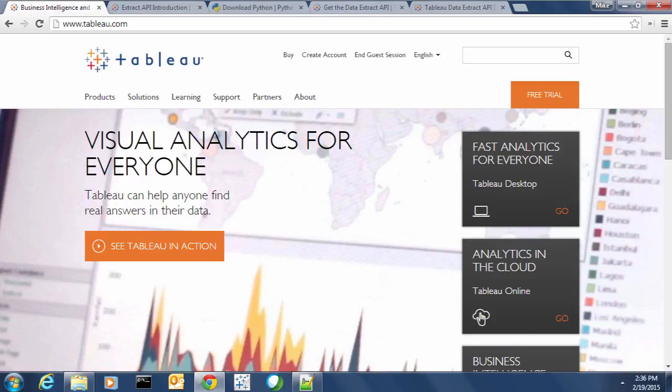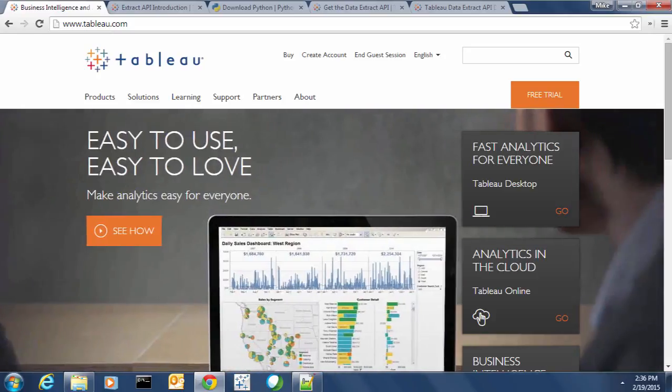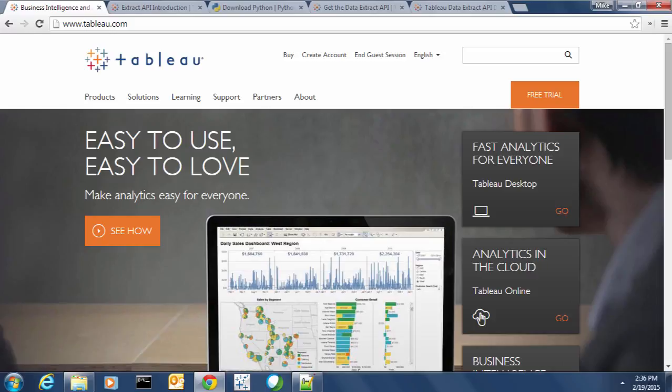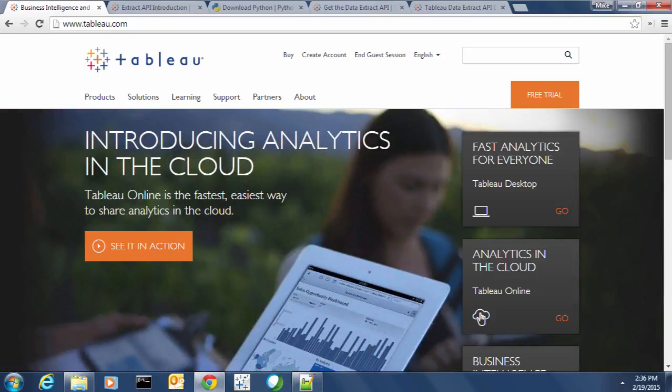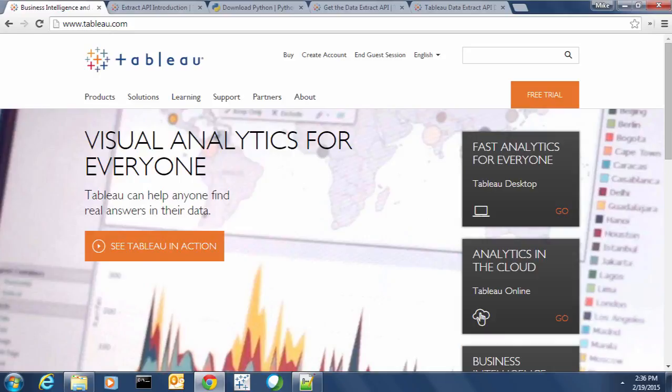The process to create TDEs in Tableau Desktop is quite easy, so why would you want to programmatically create them? Well, there are a few scenarios. In some integration-minded scenarios, you might need an application to create a TDE without manual intervention. Another common scenario is a third-party data tool that wants to have a TDE as an output option. And finally, the Extract API can be used to connect to data sources that Tableau does not yet connect to